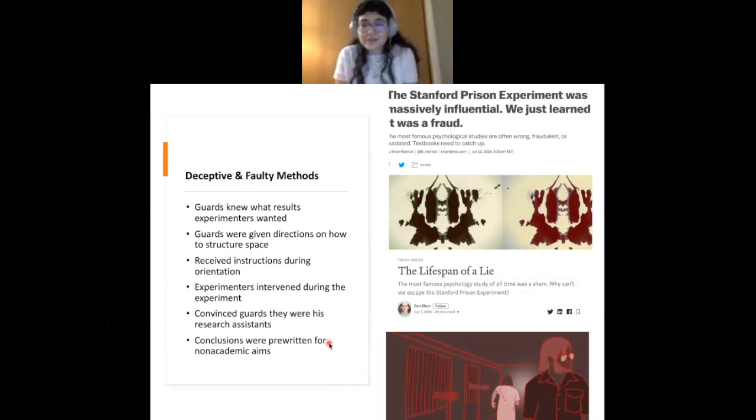So how many of you, I'm sure a lot of you have heard about this experiment, but how many of you have heard that the methods were very faulty and that the researchers actually deceived? Yeah, okay. So not many of you. And I don't know if you've also heard of the marshmallow experiment, where kids are given marshmallows and they're supposed to figure out whether they want to eat it now or later,